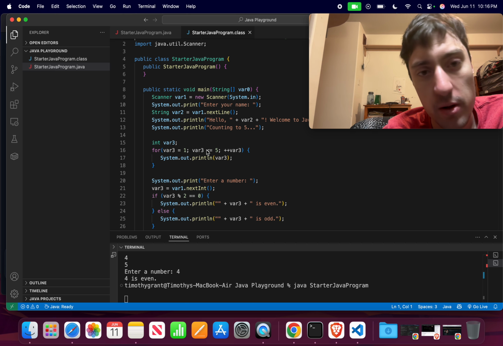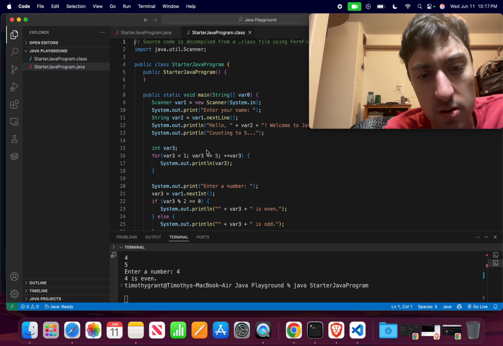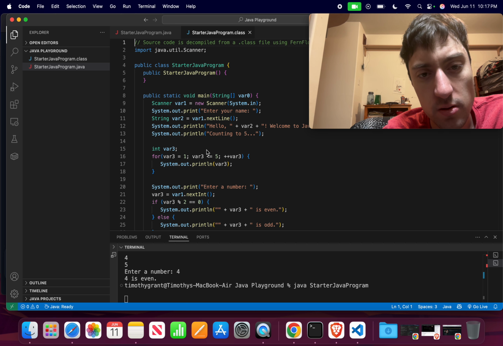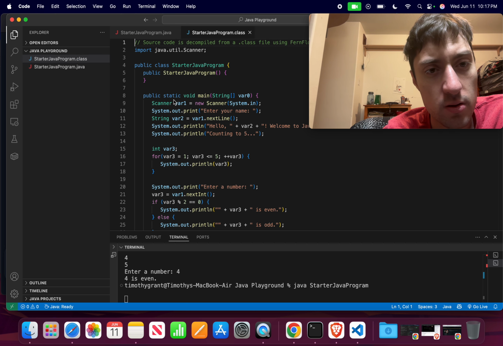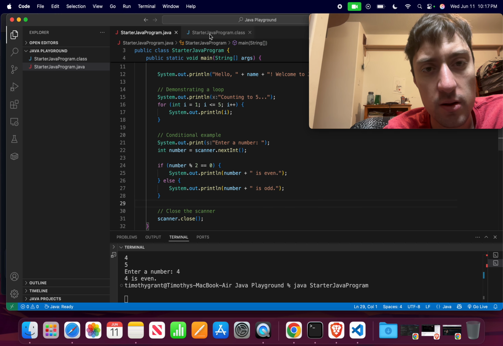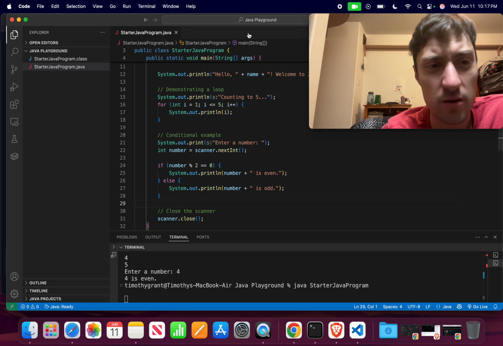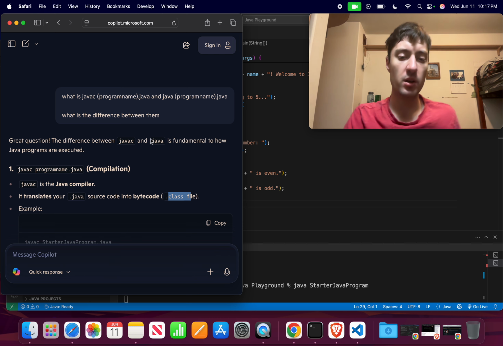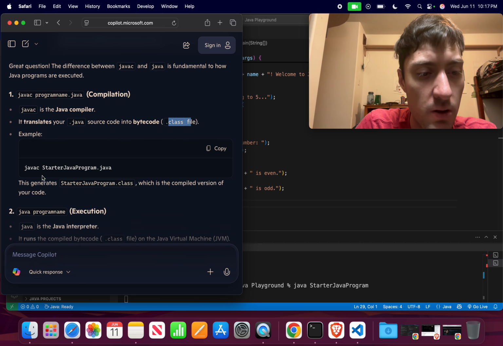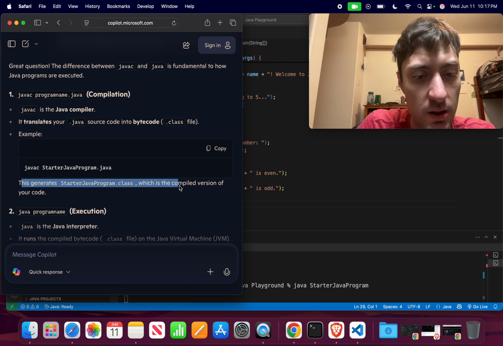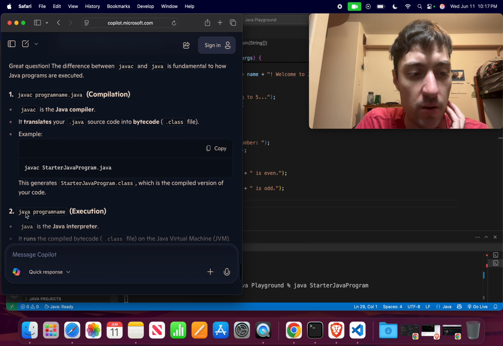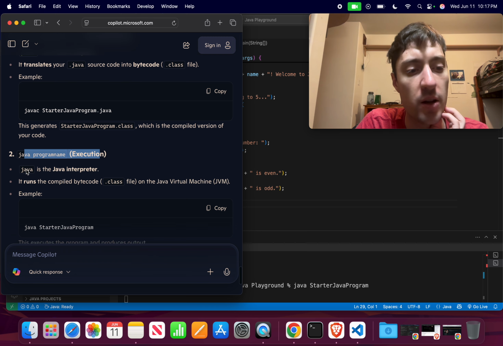But I mean, this kind of just looks... It's the same thing, though. Like, it compiled it into something that looks identical to it. Okay. Anyways, so this generates a class, which is the compiled version of your code. Okay, so java program name execution. So java is the